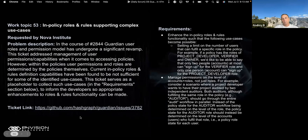Yes, there have been a number of requests from the community to enhance the roles and various rules associated with roles for complex use cases, and maybe some of the use cases we couldn't envision when originally implemented that. And yes, the two particular ones are recorded on the right-hand side here, but please contribute other use cases too, because